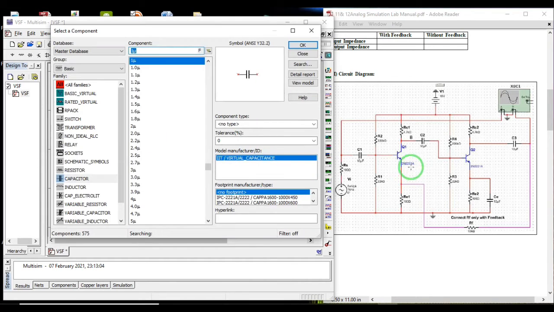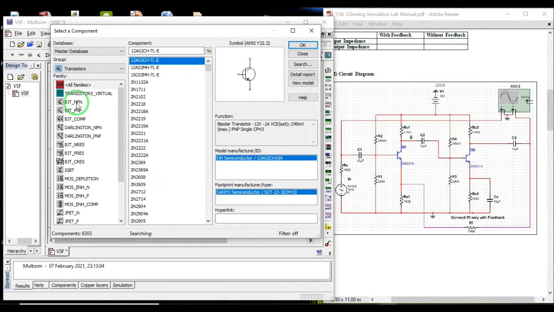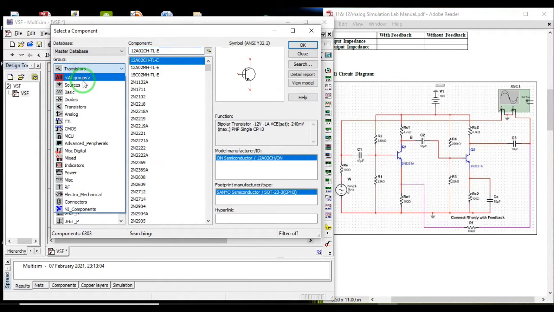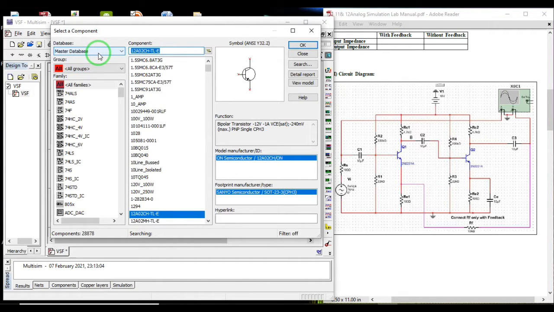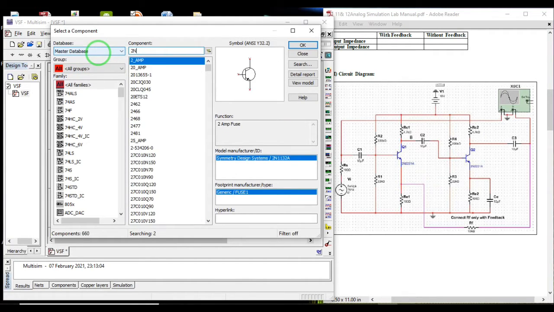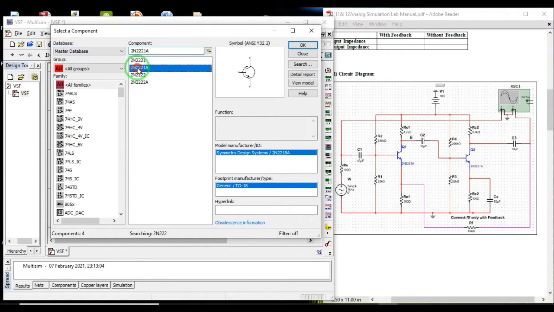Now we need to select 2N2222A, which is the transistor. You will find it in transistors. If you want, you can search it here, or you can go to all groups and search it, 2N2222A.